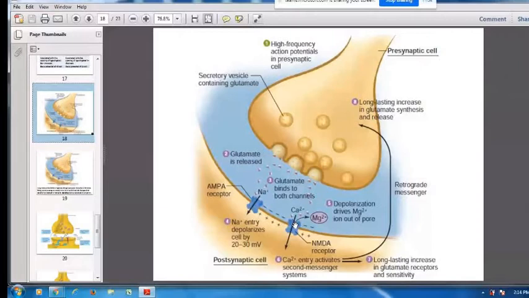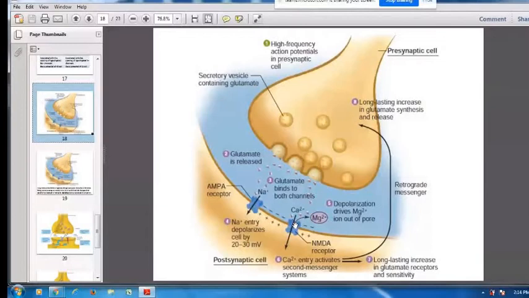The NMDA receptor is such a receptor that in normal state it has a lock, and it is closed by that lock. And what is the name of this lock? This lock is the magnesium ion. As soon as glutamate comes and binds with the NMDA receptor, the magnesium block is removed. The lock itself comes out, so it becomes unlocked. It becomes open.